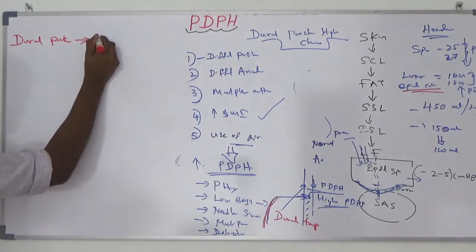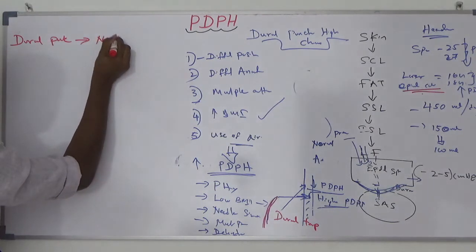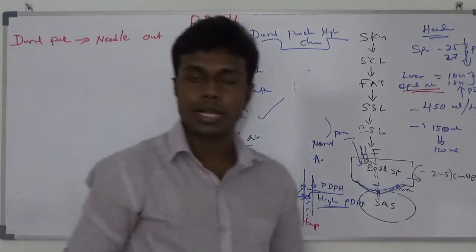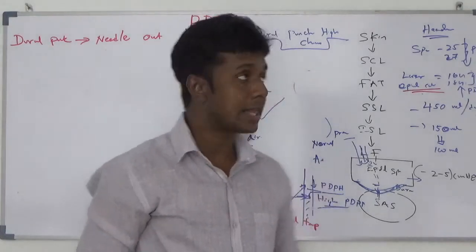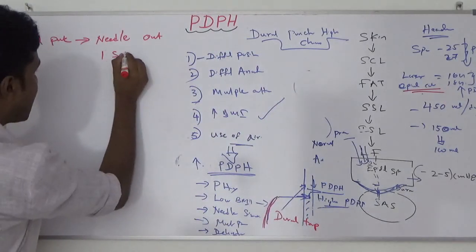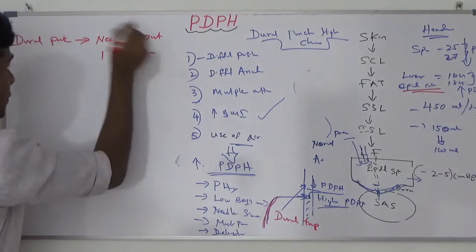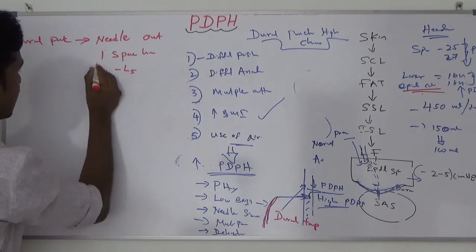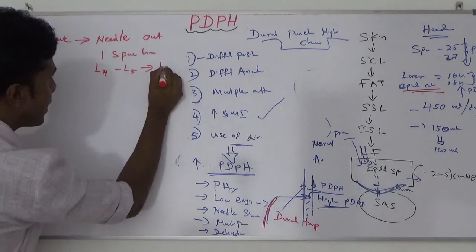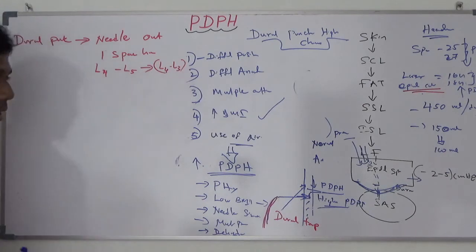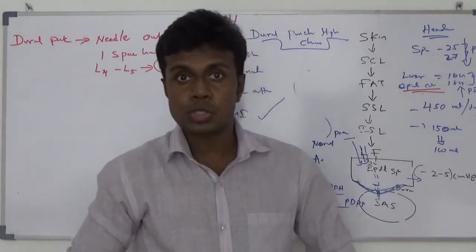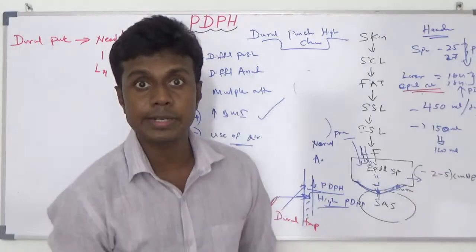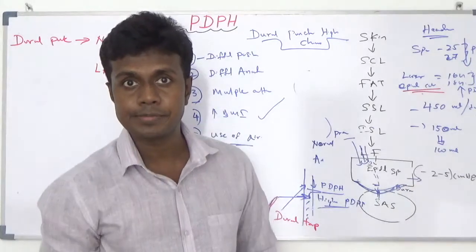Number one, you have to take the needle out and resite the epidural catheter, usually one space higher. If you tried the first time at L4, L5 level, the second time you have to try L4, L3 level. Why? If you use a lower level, sometimes the needle bevel is towards the upside, and the catheter usually goes in an upward direction.